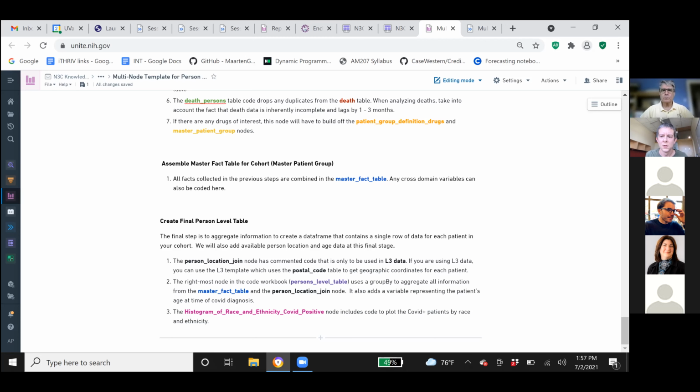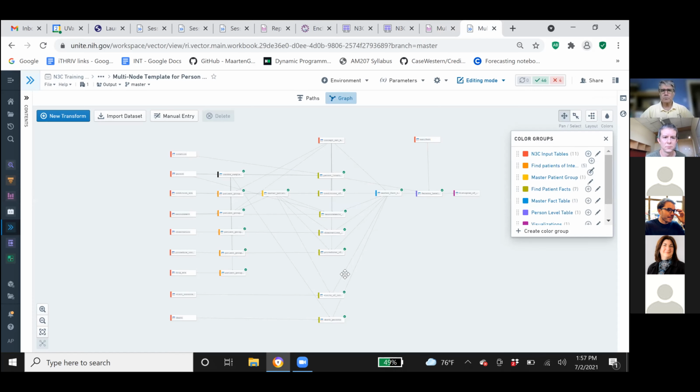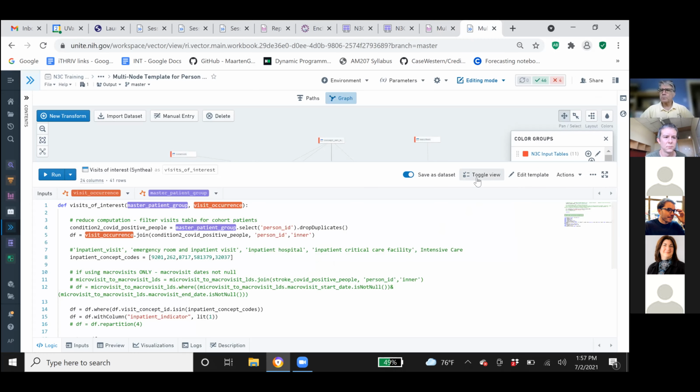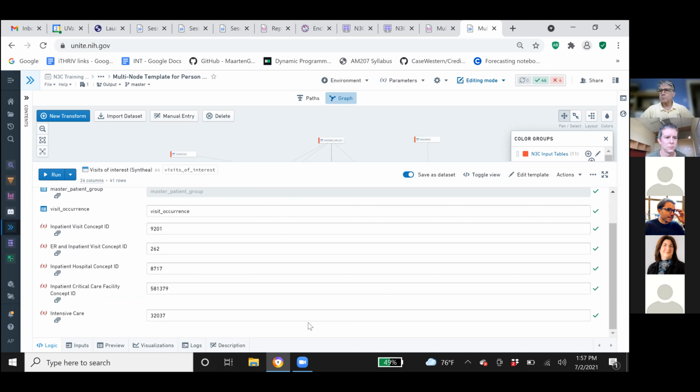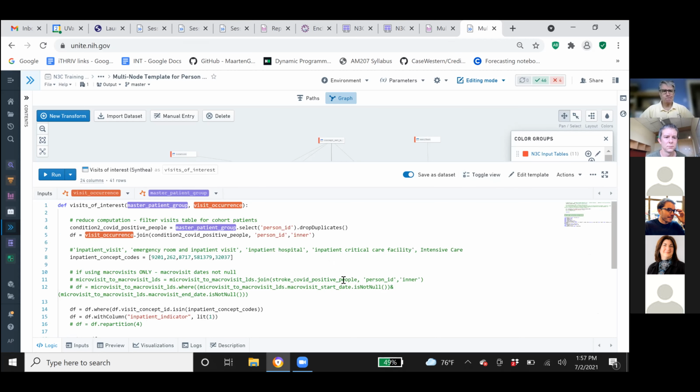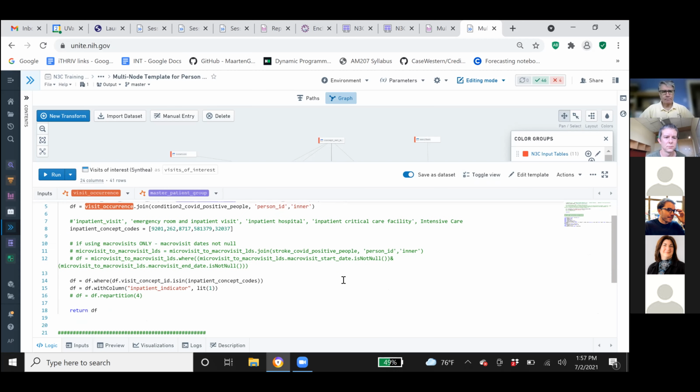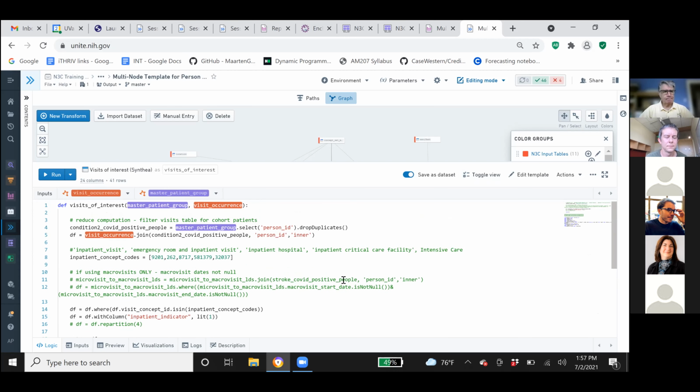Well, that's where data liaisons come in, right? So we have concept sets in here, and I already pointed out the ones that were being used for admission, for example. But your logic liaison and your domain team should work with you to review every concept set, whether you're editing it through this template here, or whether you're working directly in the code. So you have to make a decision as you move along about each thing here and verify, yes, these are the codes we want to use for admissions, because that applies to what we're doing. Or yes, we want to use the cohort paper definition of whatever